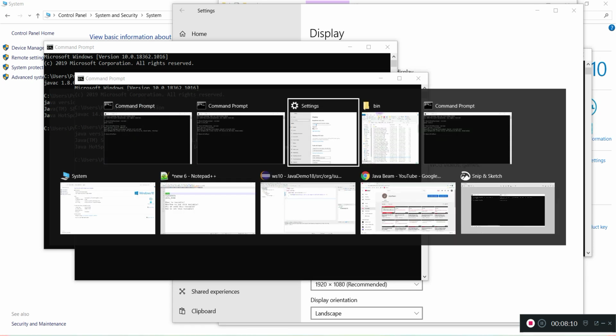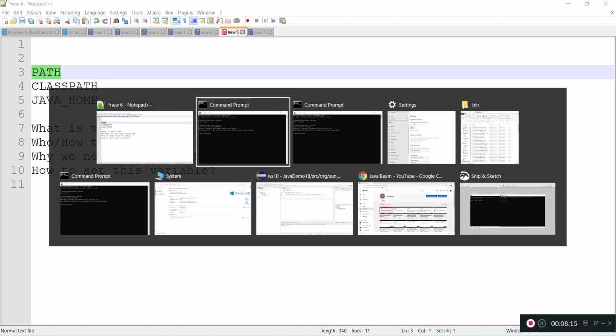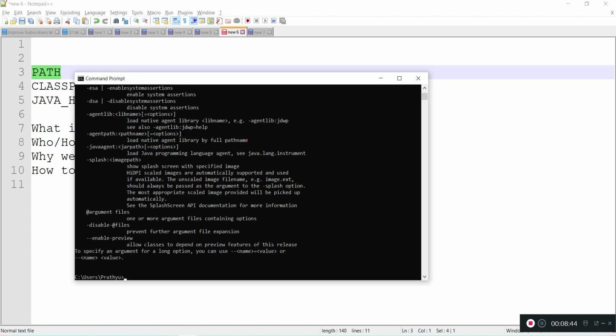As of now, we have seen how to set the path in environment variables and what its use is. The use is that the operating system is trying to find the Java and javac executable files from the bin. So we have set the path in environment variables so that our terminal is able to find these commands. So we can use these commands, the Java compiler javac and the Java runtime environment, to compile and run the program. Let me compile one file.